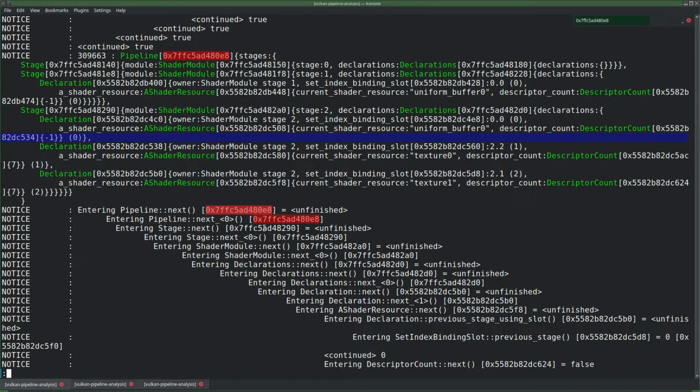Pipeline next, which calls stage next on the bottom stage, which calls shader module next on the shader module of that stage, which calls declaration next on the declarations object of that shader module, which calls declaration next on the bottom declaration, which calls shader resource next on the shader resource of that declaration, which calls